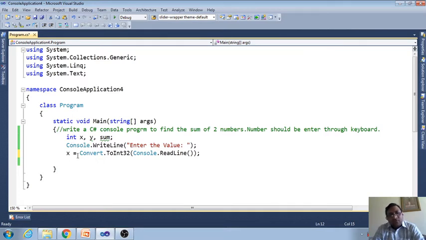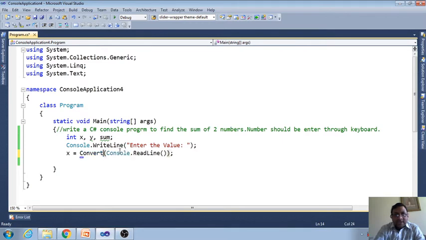That's why before storing the data in the x variable, we need to convert it into integer. Whatever variable you have, we have to convert to the same type. If your variable is integer, convert to int. If it is double, convert to double. If it is character, convert to character. When the time comes, I will explain that.